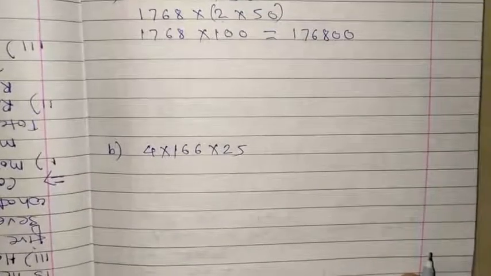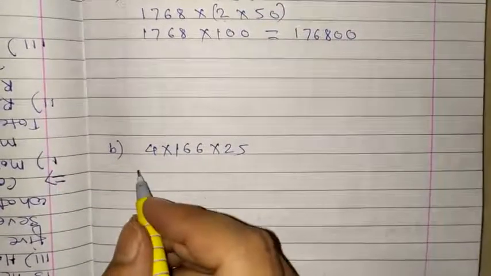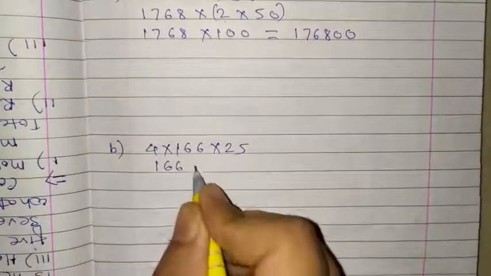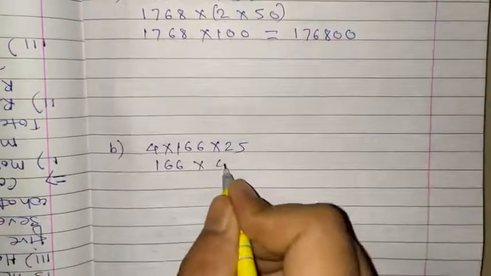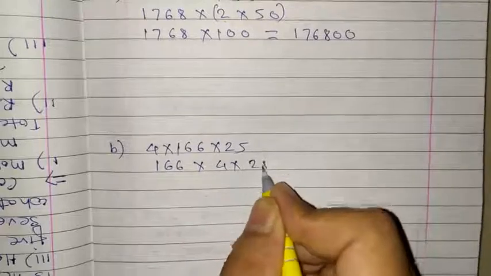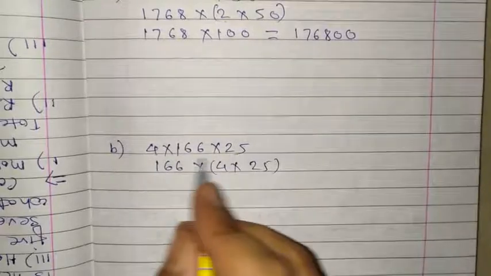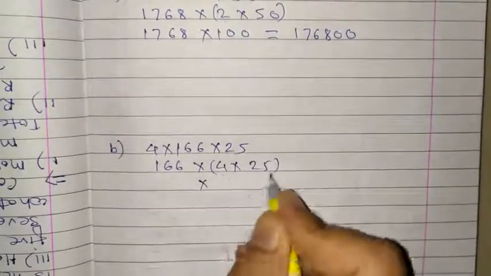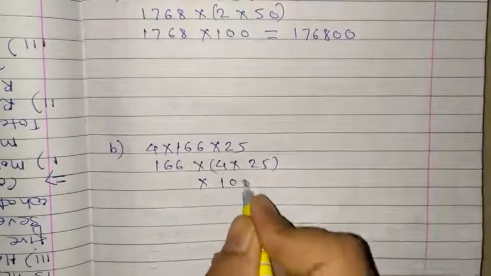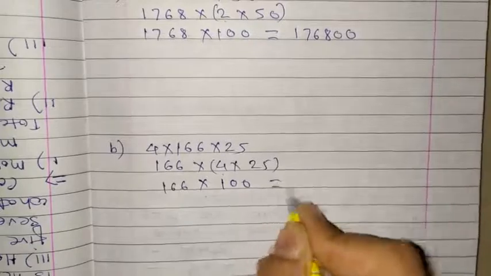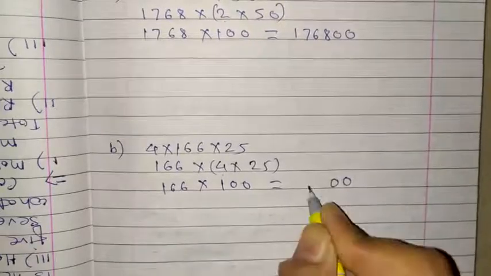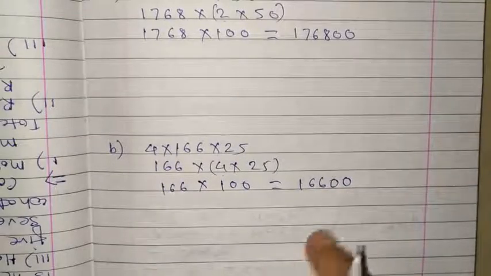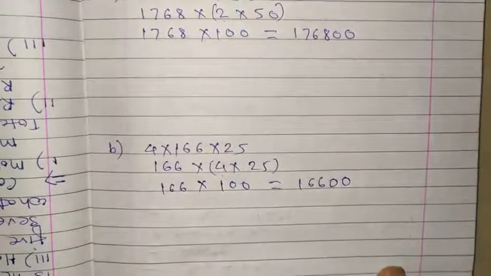Now in the same way we will use it in question number B. So 166 write as it is. This number you bring closer. If you use those numbers in combination, then your calculation will again be easy, because 4 into 25 is 100. Finally you write 00 as it is, then 166. That number you write after the 0. So finally you got the answer here.